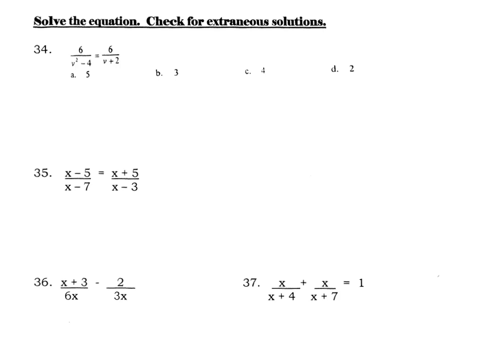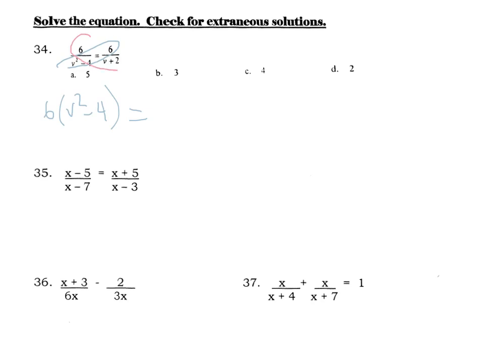Okay, looking at number 34, again we're continuing with this idea of rational expressions, and we've got a proportion here. The easiest way to solve these, and when I say proportion, I mean we've got two fractions that are equal to each other. If that happens, then your go-to strategy should probably be to cross multiply. So if we grab one side of this, we'll have 6 and v squared minus 4 equal to,